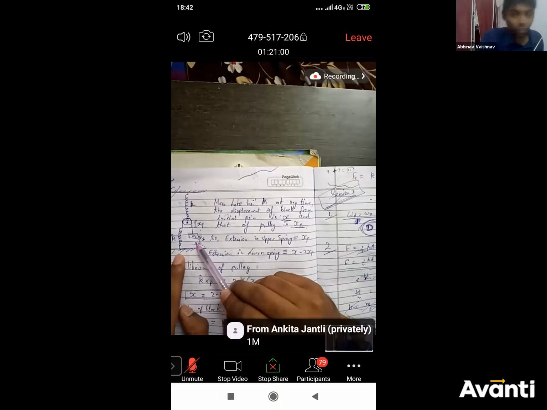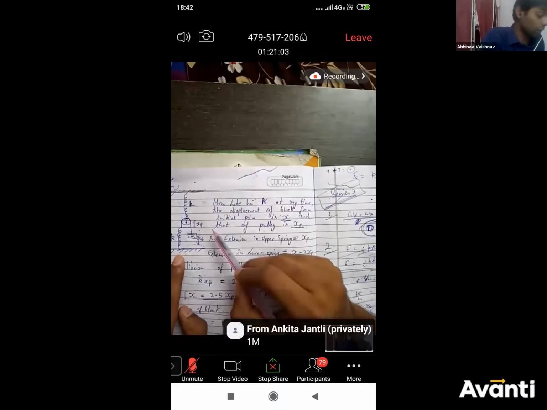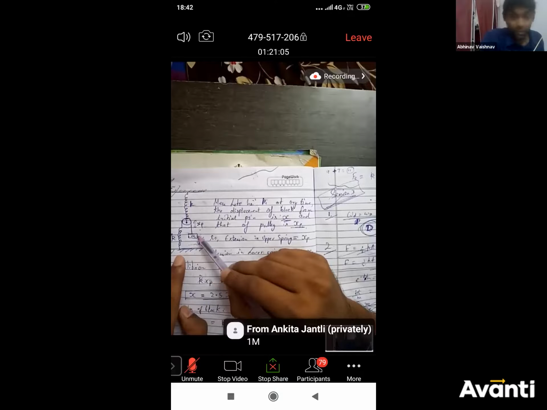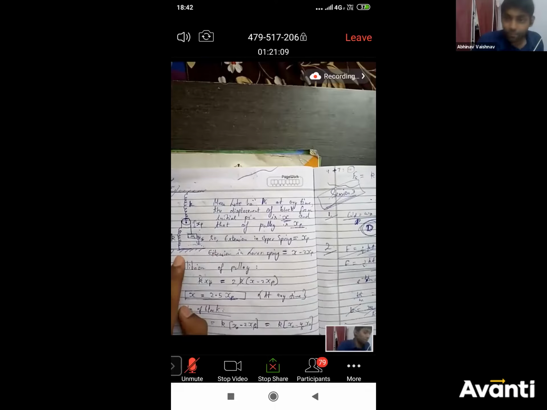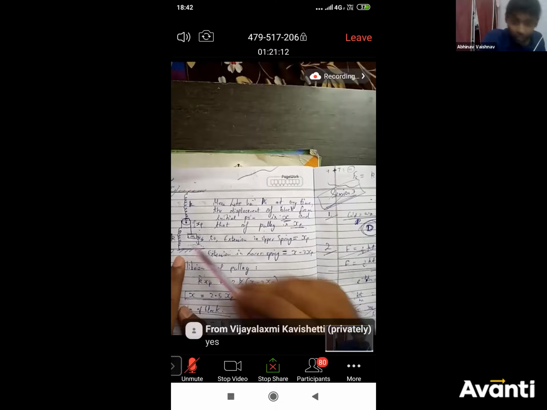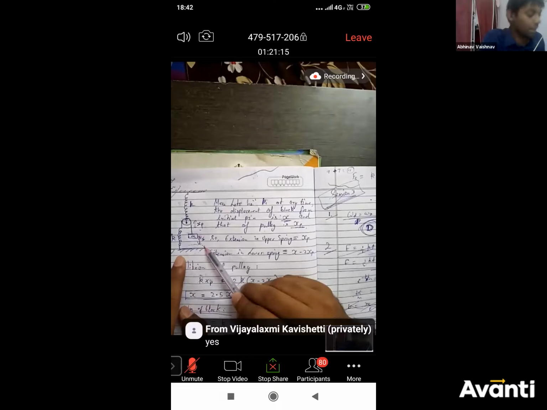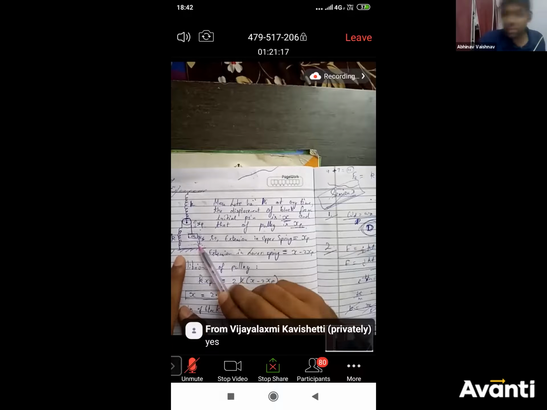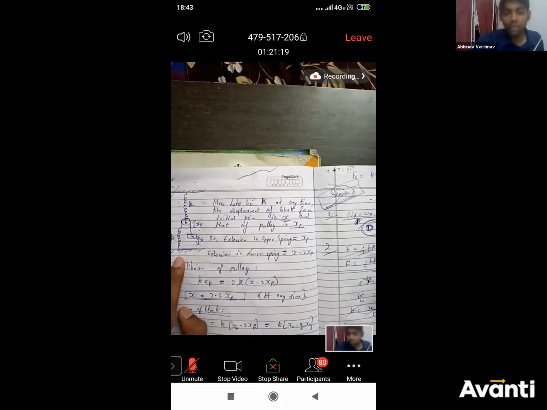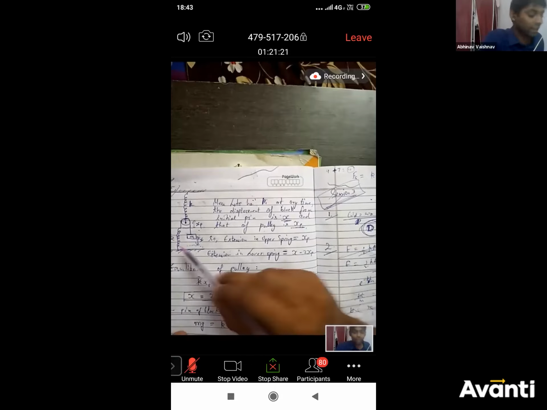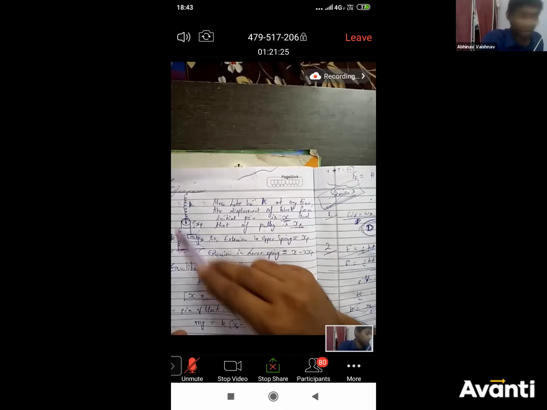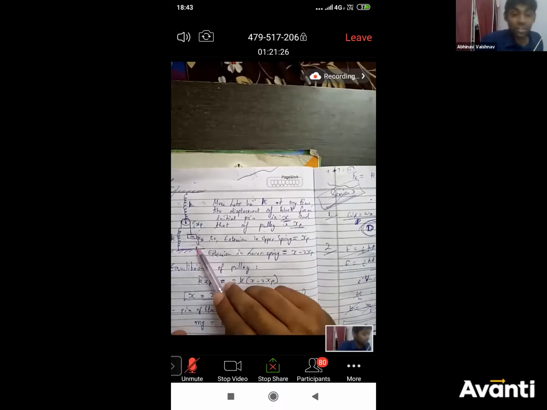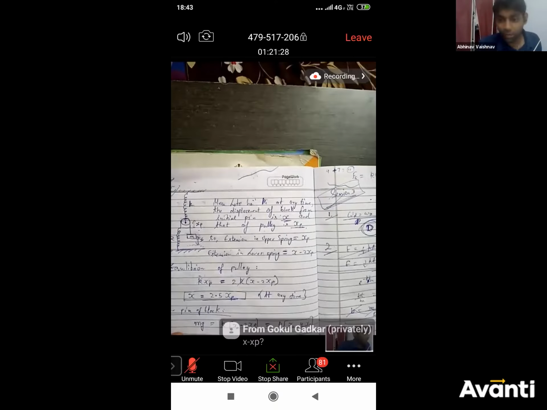Agar pulley ko ignore kare to, if the block goes down by 2 meters, the length of the spring will increase by 2 meters. Now if the block goes down by x meters, the length of the spring will increase by x meters, right? ठीक है. So for every 1 meter, इसका spring का length 1 से बढ़ रहा है. तो अगर ये x से जाएगा नीचे, तो इसका length x से बढ़ जाएगा. ठीक है. But we have ignored अभी पुली का motion.